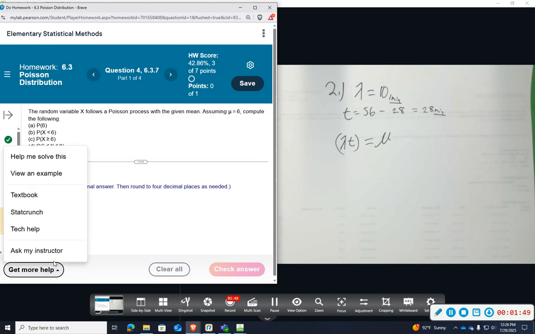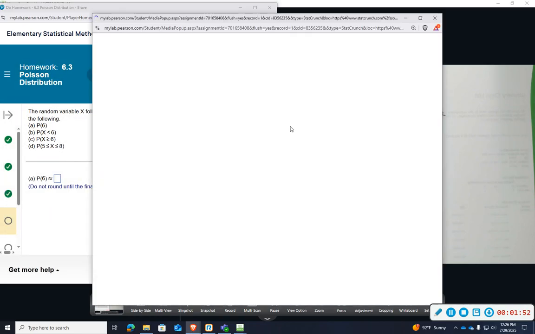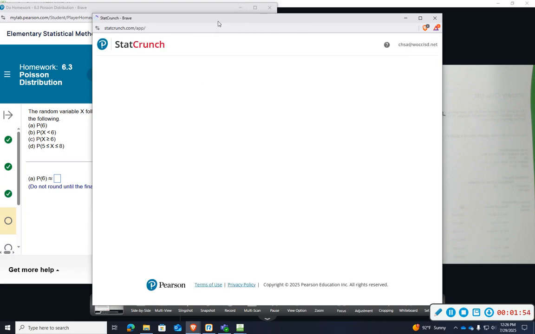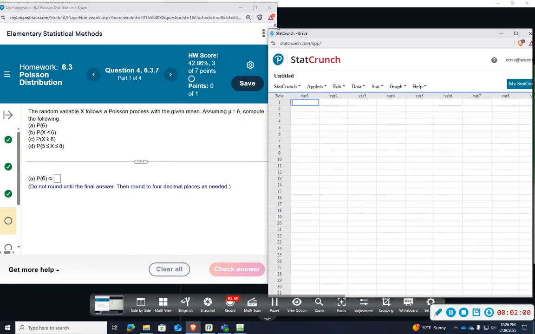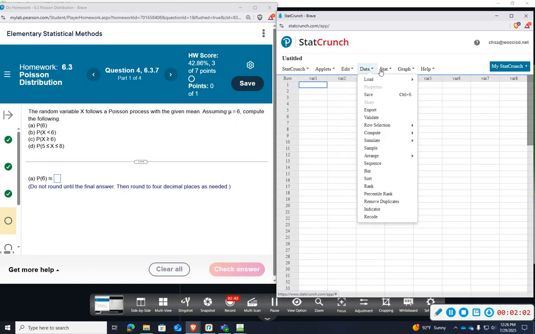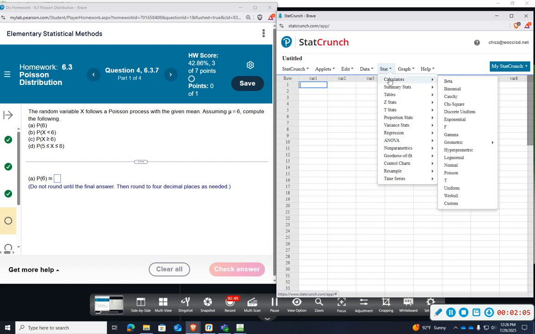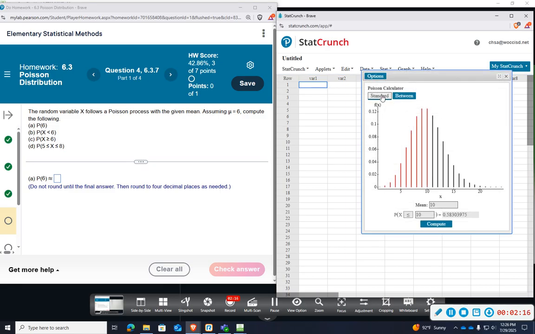Now, to answer these, we're going to use StatCrunch. I'm going to go ahead and use the StatCrunch system. So you open up StatCrunch. I'm going to move this over a little bit. We're going to go to Stat, Calculators, go over, and then you're going to look for the Poisson down here, right below normal. Right now we're going to start on standard. It's already on standard. If I do between, that will give me between 2, like when I get to D. So we're going to start on standard, tell it we need a mean of 6,